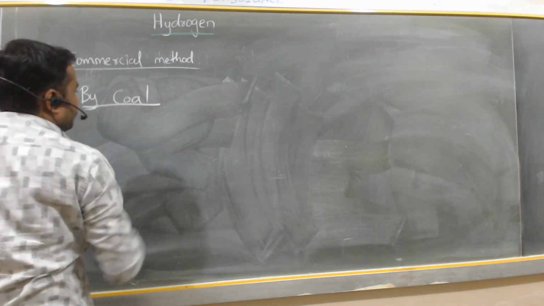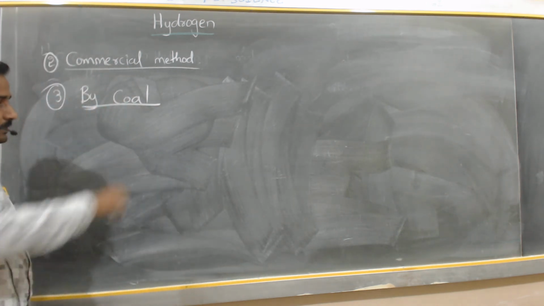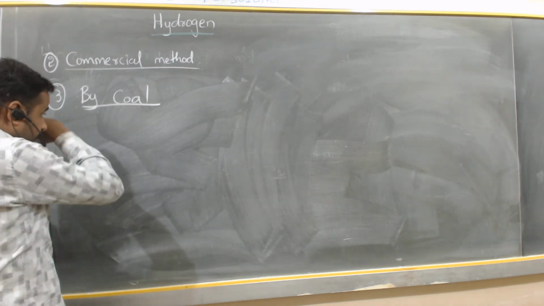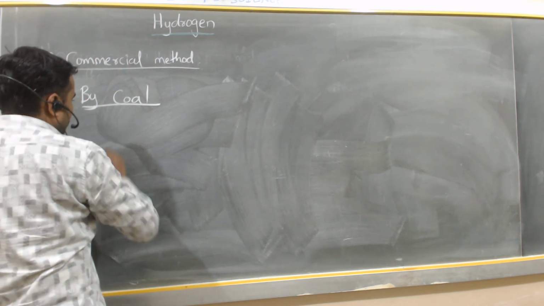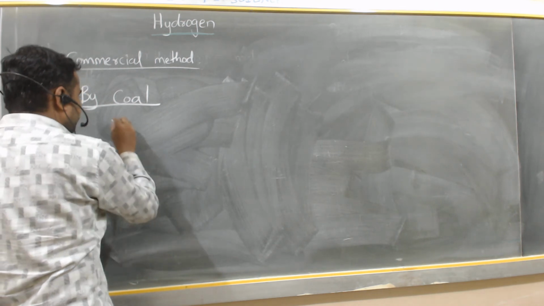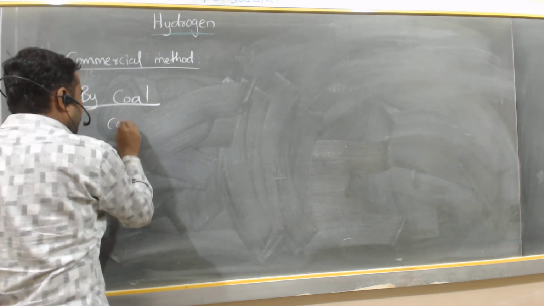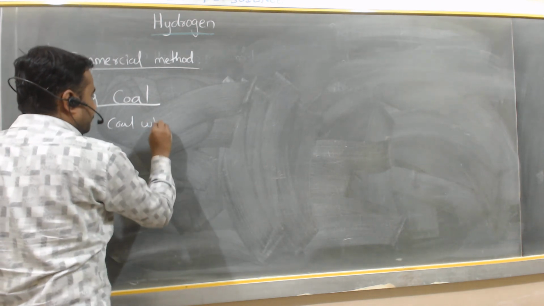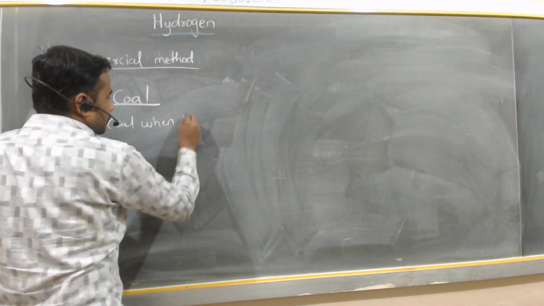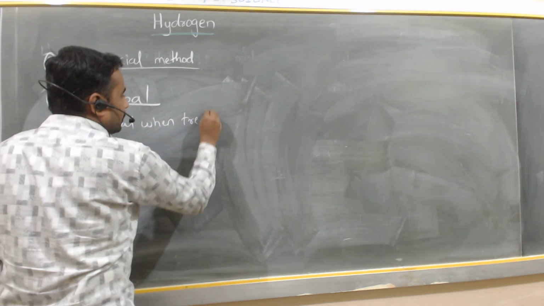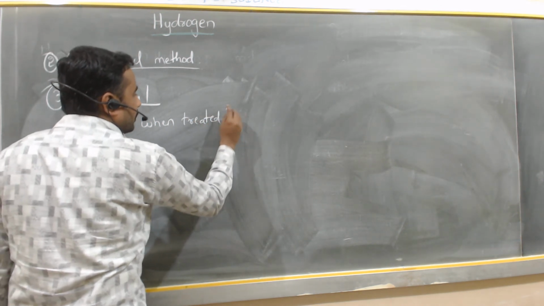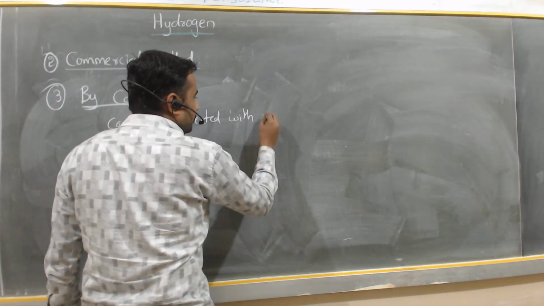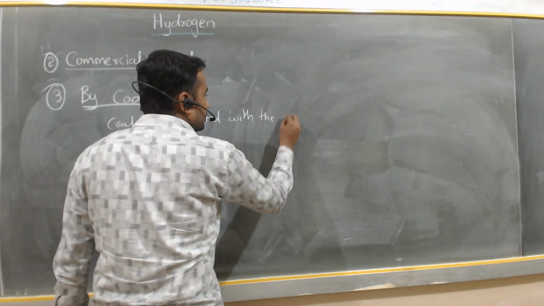By using coal also we can produce hydrogen. How? Coal when treated with the steam